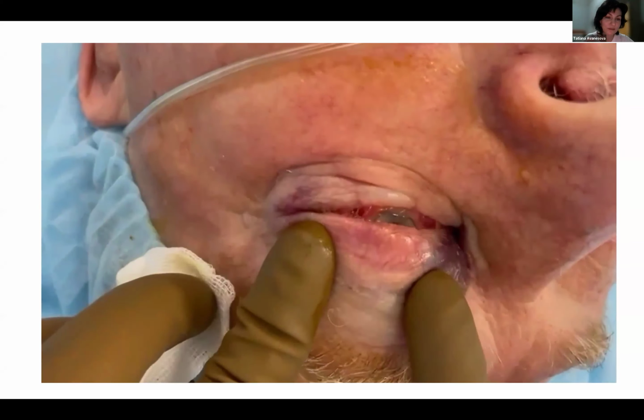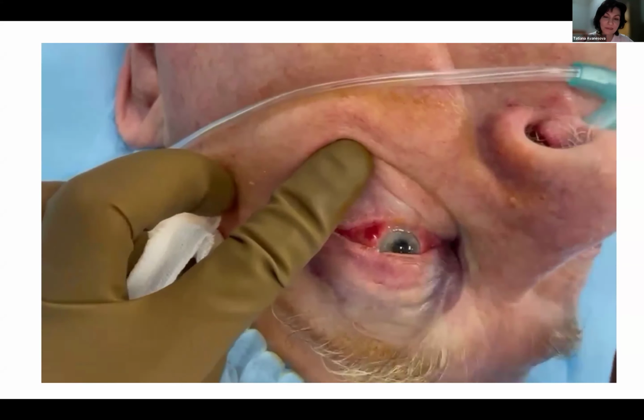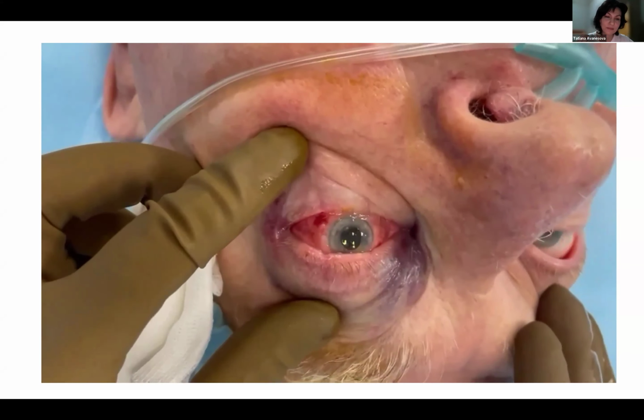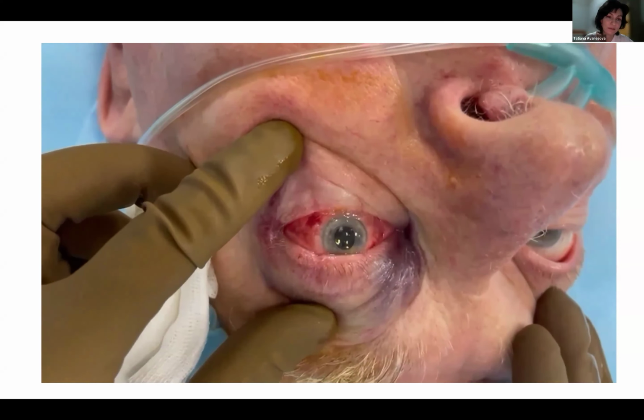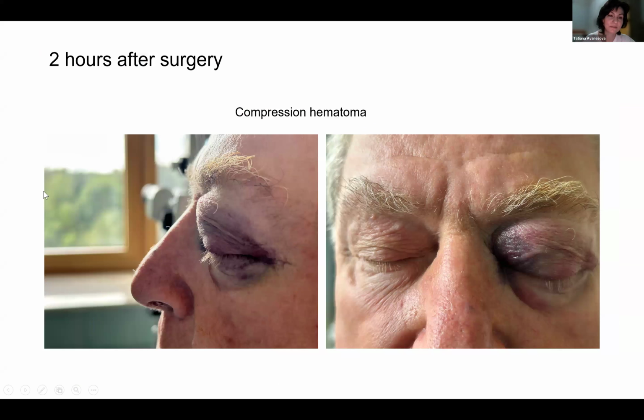I saw, as you said, the hematoma, and there was nothing from the very beginning. And in this picture, 2 hours after the surgery, you can see the big eyelid,